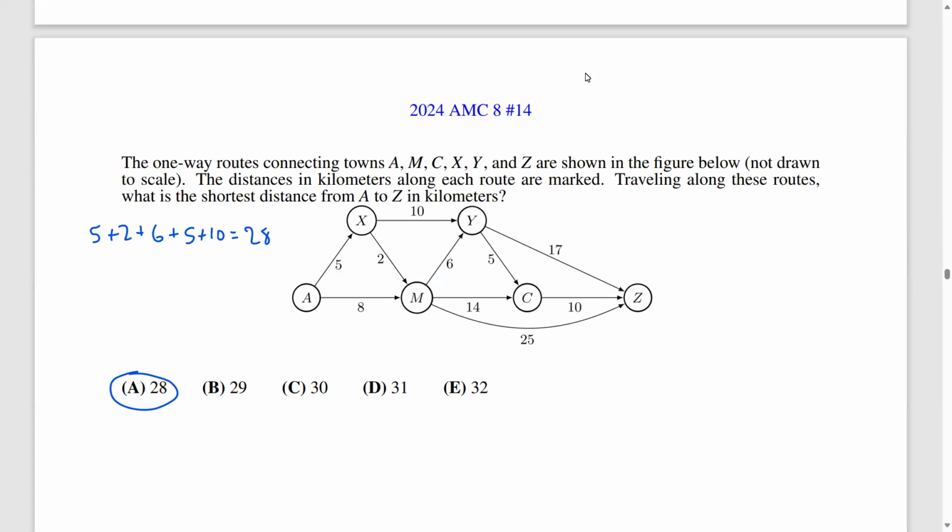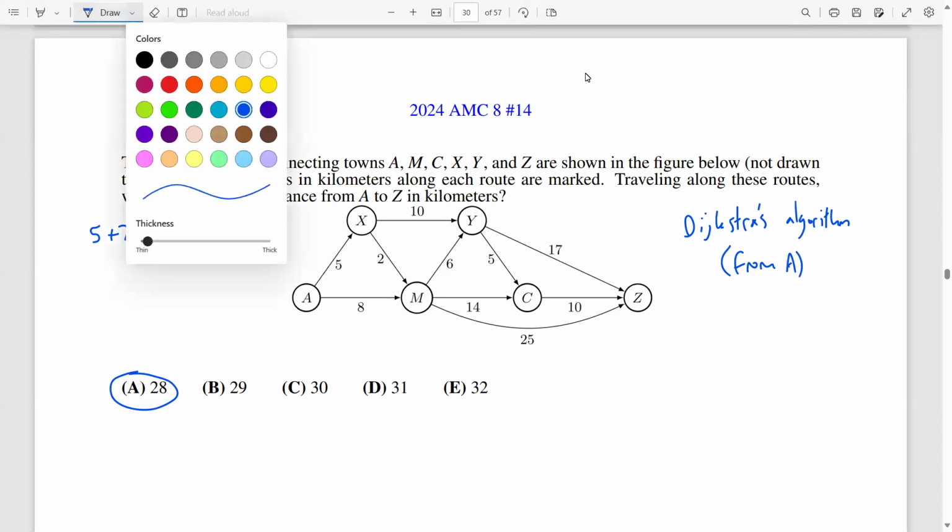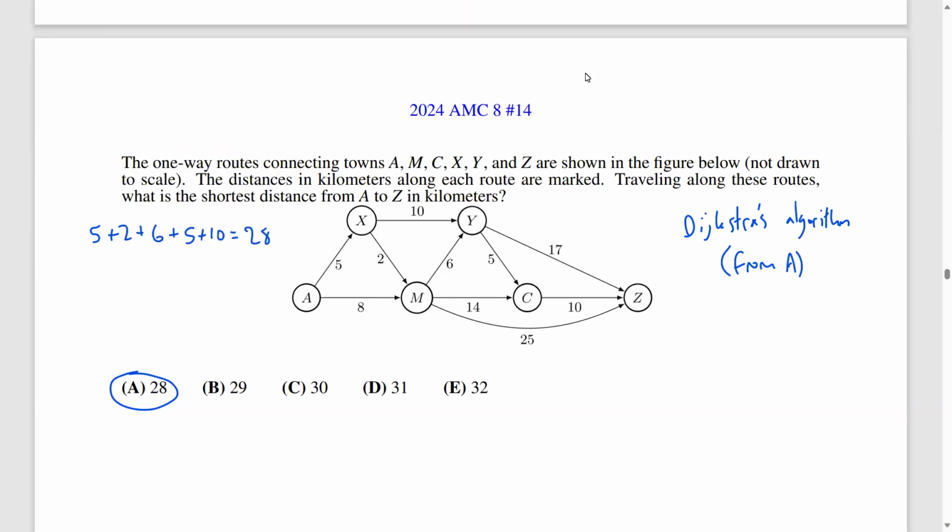28 is the shortest distance? The way to show this is with a pathfinding algorithm called Dijkstra's algorithm. The idea is that we're going to compute the distances from A to every other point or every other town in this network,